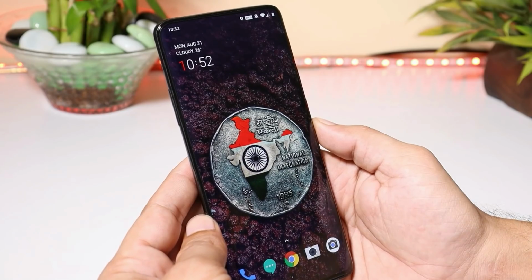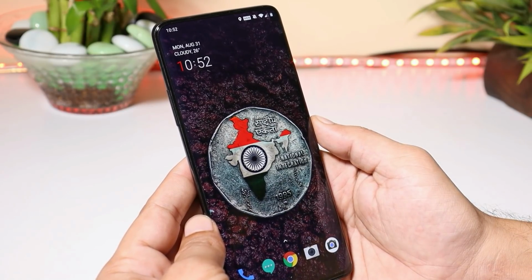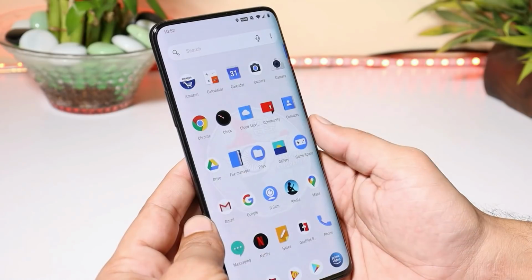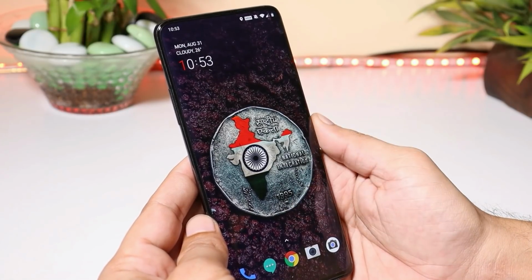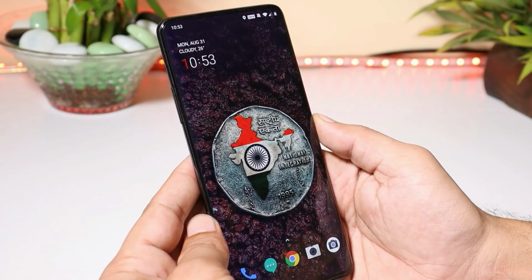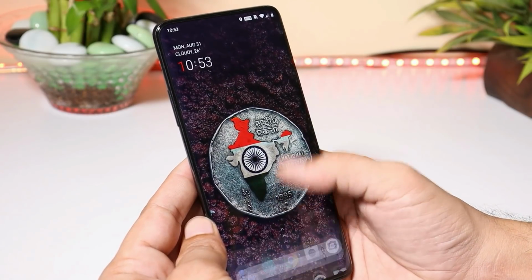So guys, once again, huge thanks to the developer for providing us this modded camera application which will help you enable auxiliary cameras without root. And lots of you guys have been asking me about enabling auxiliary cameras. So guys, you can use this specific application. So as of now, only this much in this video.